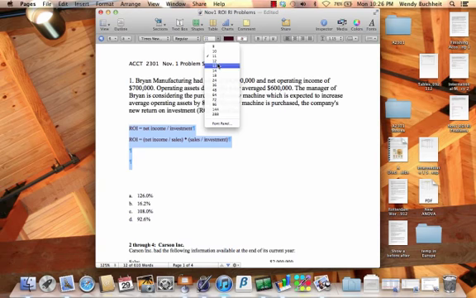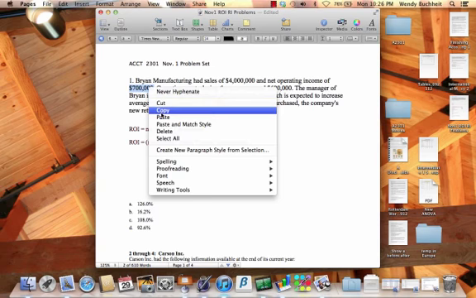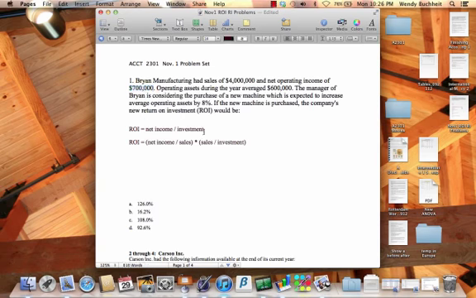Let's make this a little bit bigger and then look at this particular problem where we don't really need to decompose the ROI formula. We're given what the net operating income is, $700,000. So if we're looking for ROI, we need this $700,000. We'll use this top formula here. Net income is $700,000 divided by investment, right? And that's the one place where you have to do a little bit of work, because the problem tells you average operating assets are $600,000, but they're thinking about buying this new machine that will increase the assets by 8%,